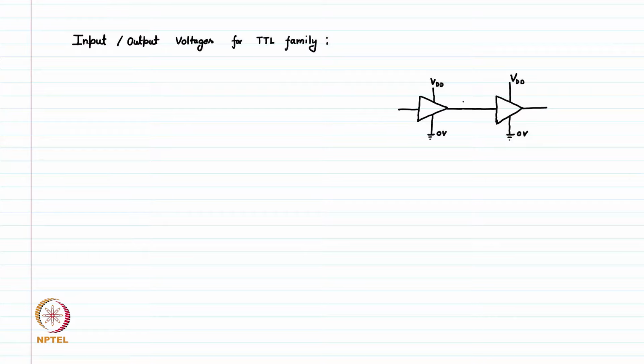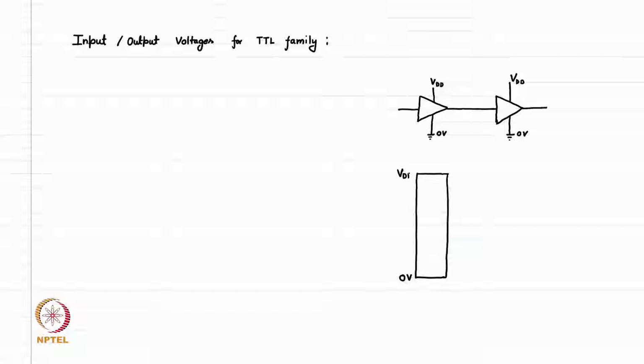This is 0 volt. So, now let us say this is our complete VDD level from ground. Let us say this is our complete window from 0 volt to VDD